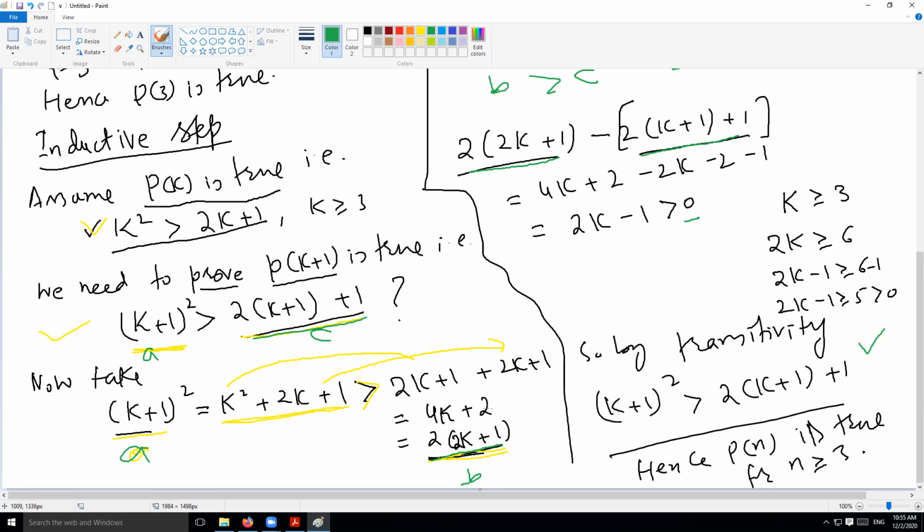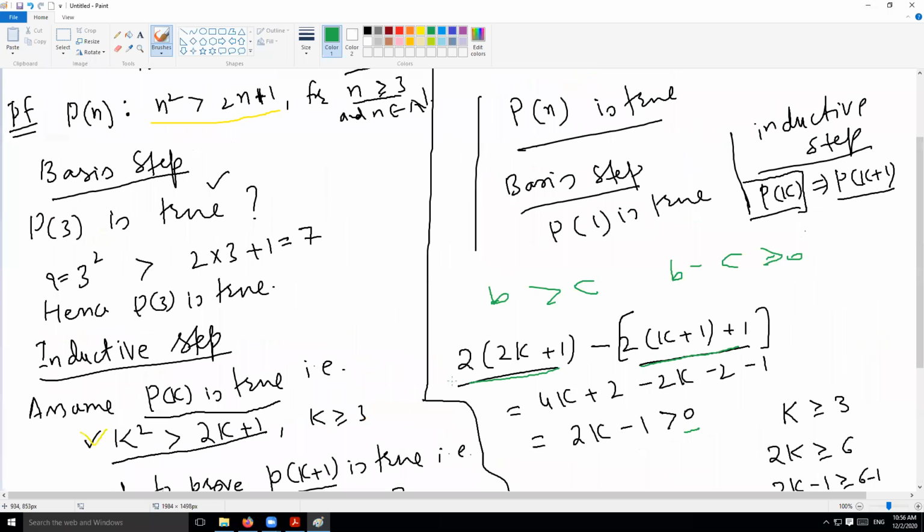So I'm doing this analysis, but all of the previous knowledge that I have learned about proving inequalities and equations and the principle of induction is helping me to prove this given statement. So you have to practice the previous things better. If you are having a hard time learning this stuff, that means you haven't worked on the previous stuff that we have covered. So you need to work on that as well.